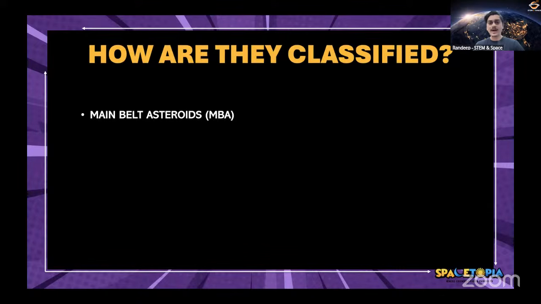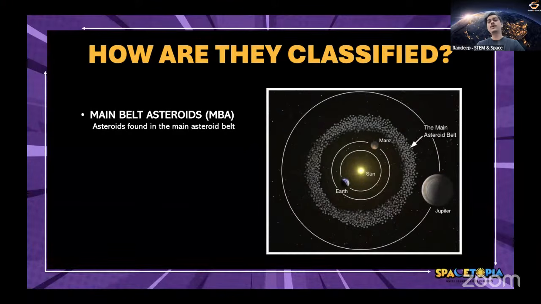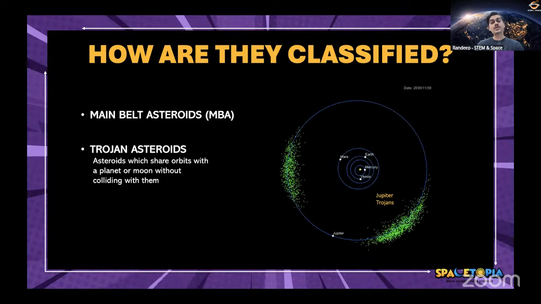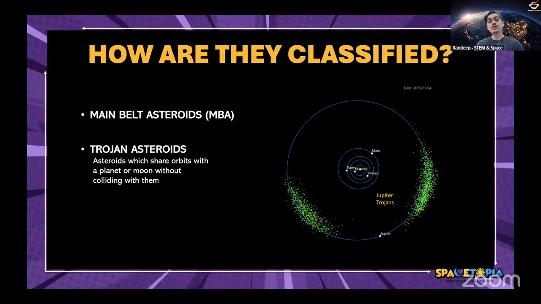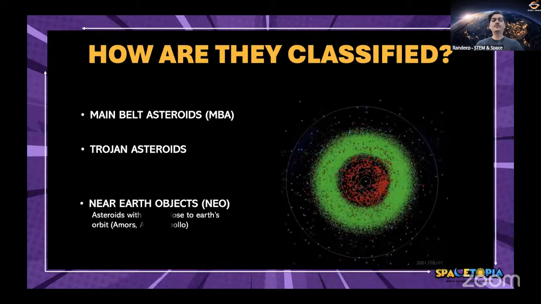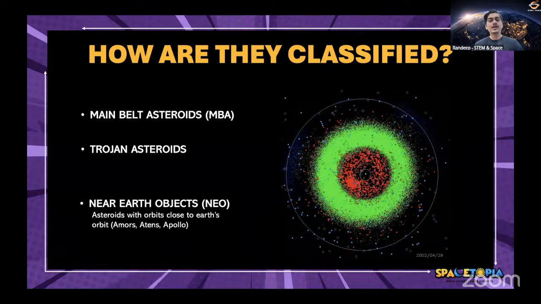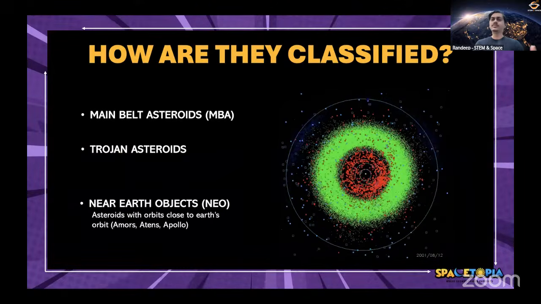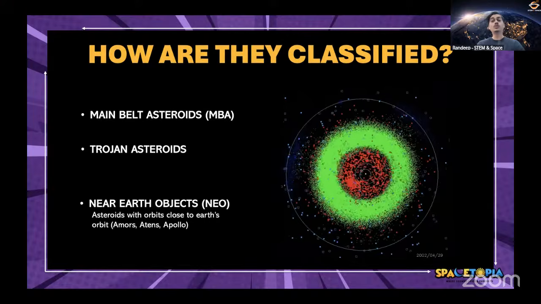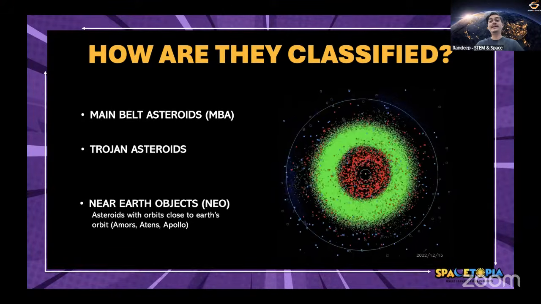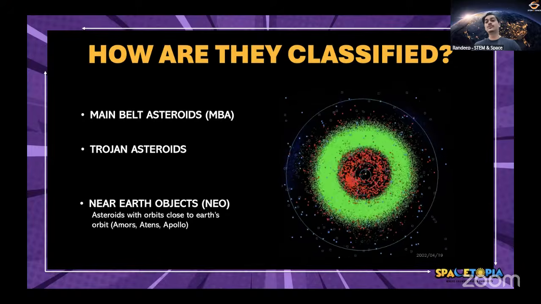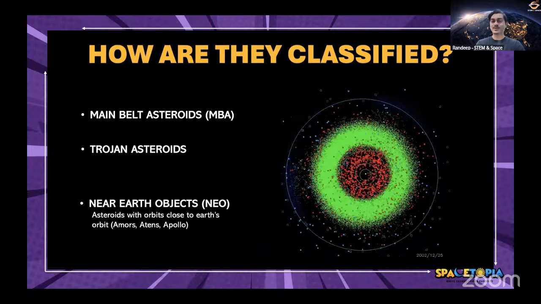I'm sure that most of you might be aware that most of the asteroids are found in a belt of asteroids between the orbits of Mars and Jupiter. But then we have the Trojan asteroids, those which share their orbits with a planet or moon, but do not collide with them. And finally, we have the near-Earth objects or NEOs, which are those which have their orbits close to the Earth's orbit, but again, they have very less chances of hitting the Earth, although since they are very close to the Earth, they do pose a threat of impact on the Earth's surface. And that's the category we are most concerned about, the NEOs specifically.